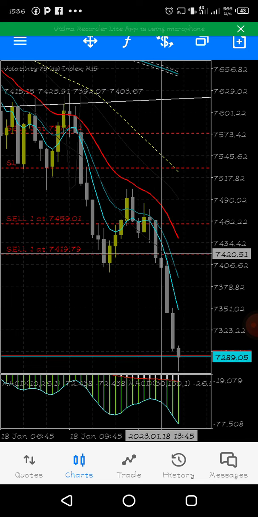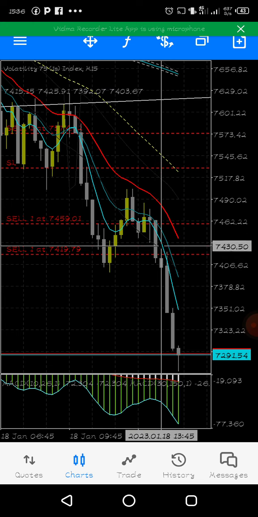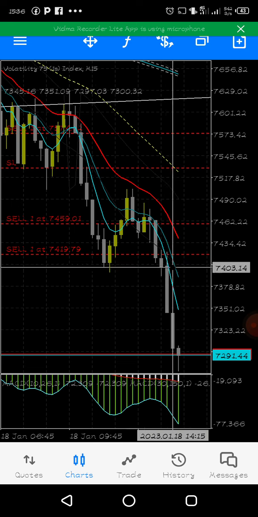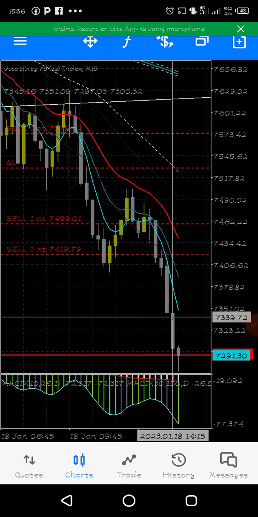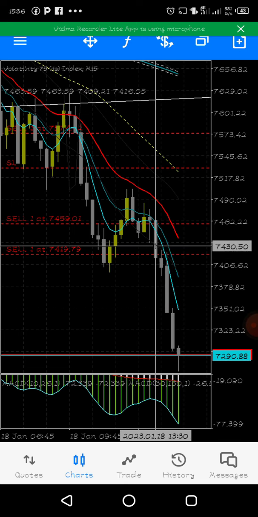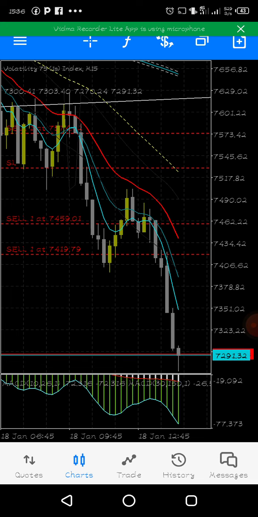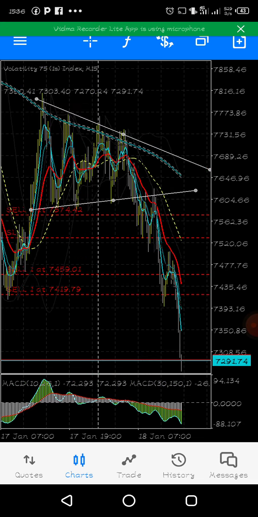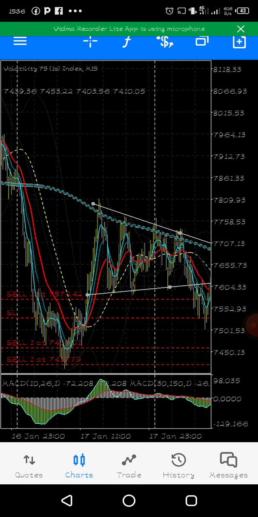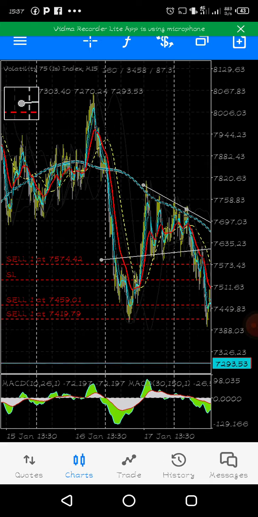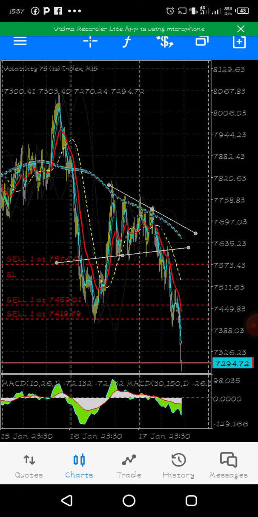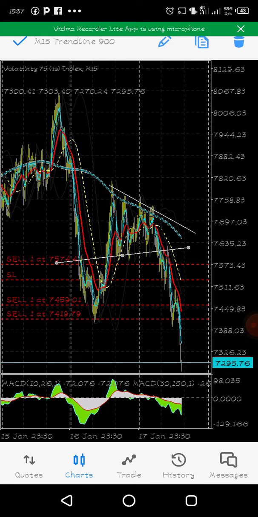This one, I just decided, oh, this market is moving as fast as I can see, so let me just enter to see how far it will go. That's when I booked this third one. So as you can see, it's making a lot of sense, which definitely tells us that very soon